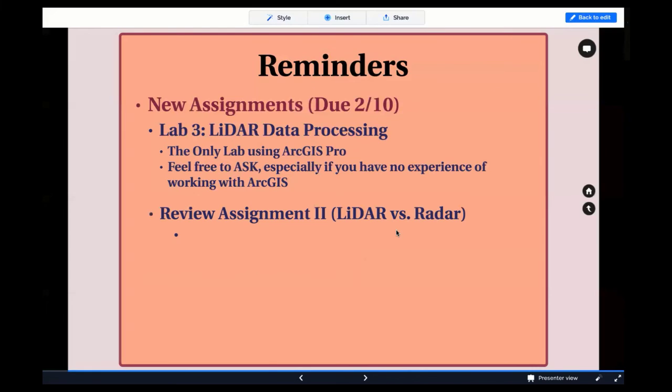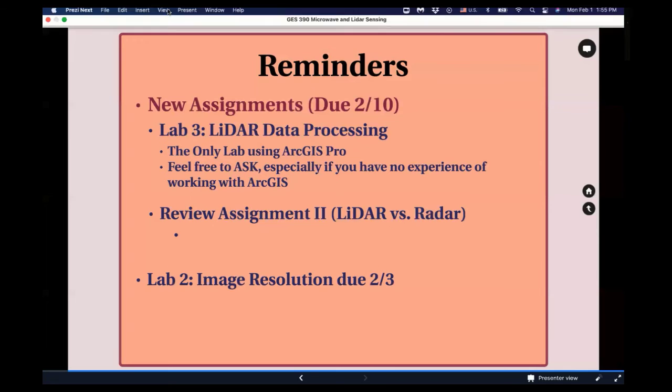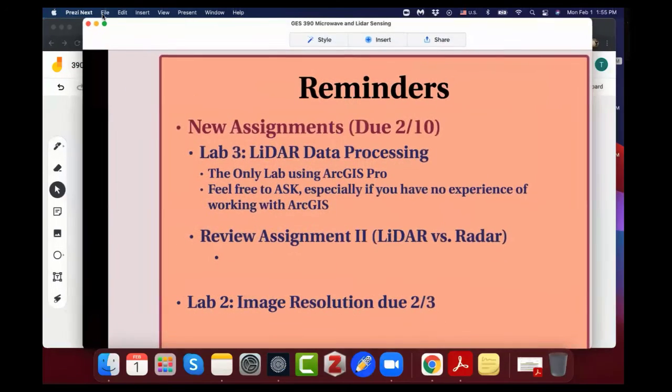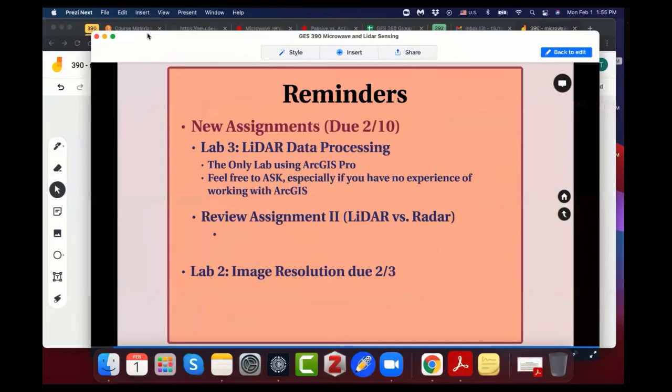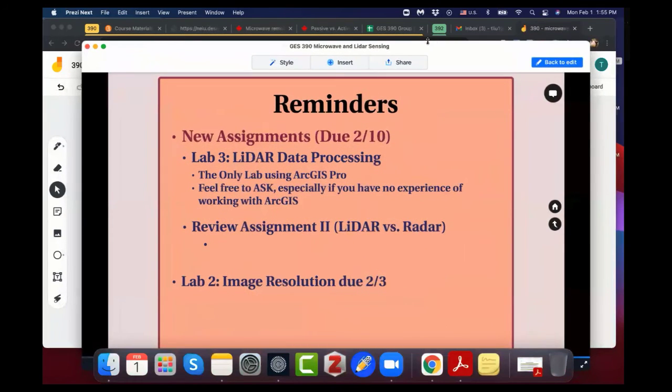We do have the first online discussion assignment due this Wednesday. Please do it if you haven't, because everyone will have to respond to another person's post. I know we have a couple so far, but if you haven't done it, let's try to get that done as soon as possible. We also have the image resolution lab due this Wednesday as well. If there are no questions, but feel free to bring up any,